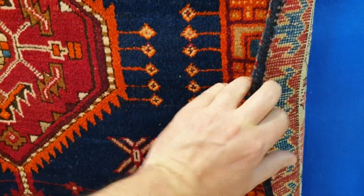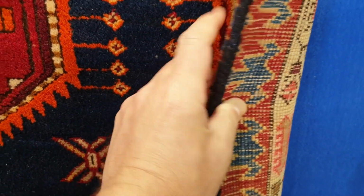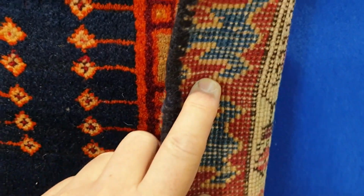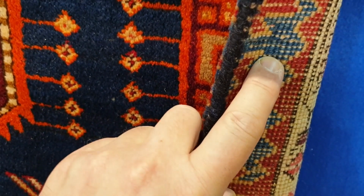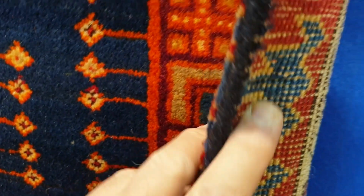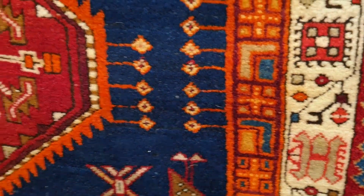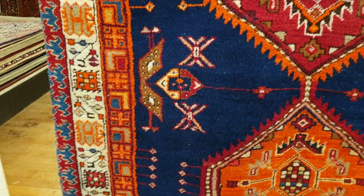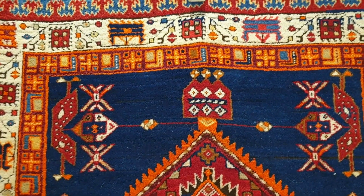You have a wool carpet, as you can see here. These are tightly knotted, but very, very strong. Even though these look like, like I said, with the high-end Persian rugs, you have much tighter, much smaller knots. Here, these are actually very tight knots, but they are larger knots. This is a much thicker type of wool. But again, really classic pieces. This is what you would typically expect to see in a typical classic and an older